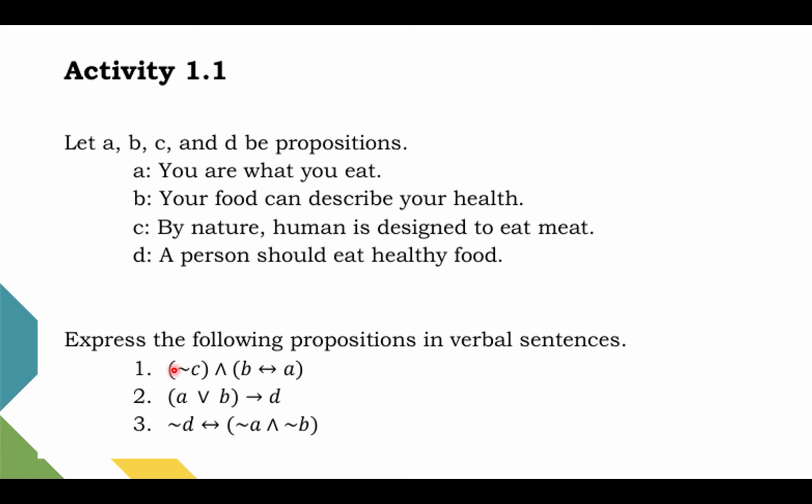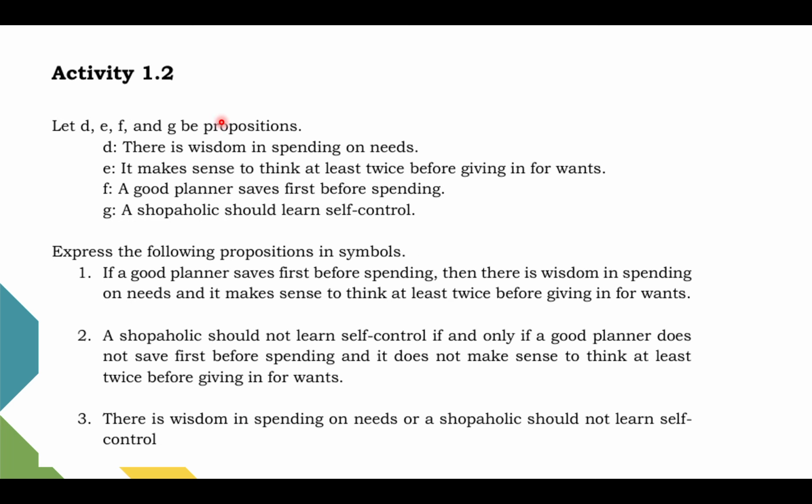You have 3 statements to write for activity 1.1. And then, activity 1.2 also has 3 statements, but you will write symbols. Just go over the previous slides and practice, and then you shall submit activity 1.1 and 1.2 through